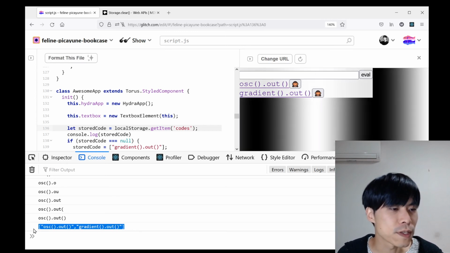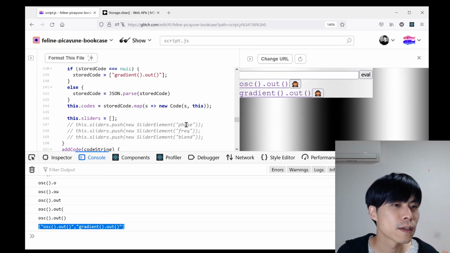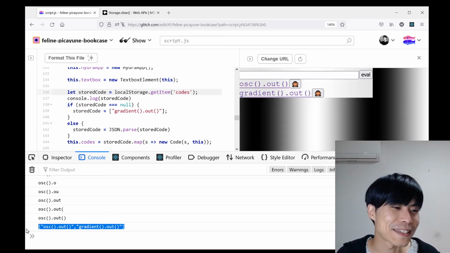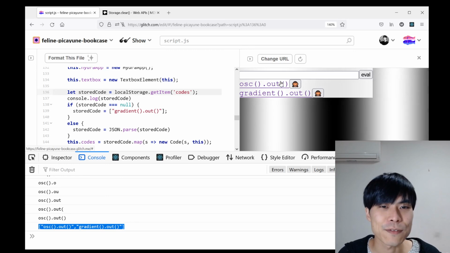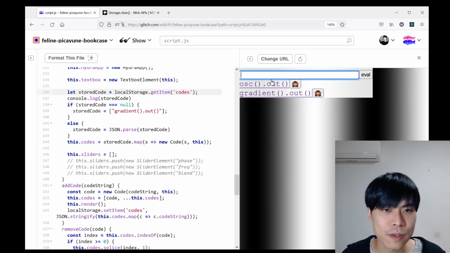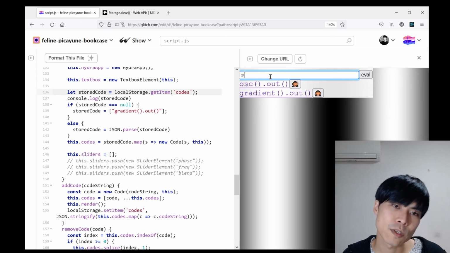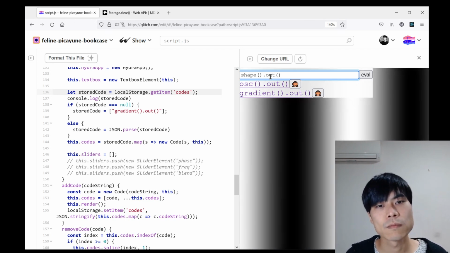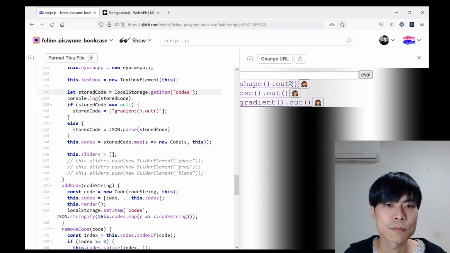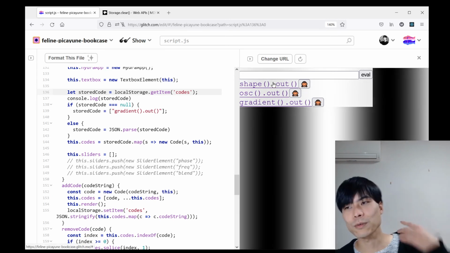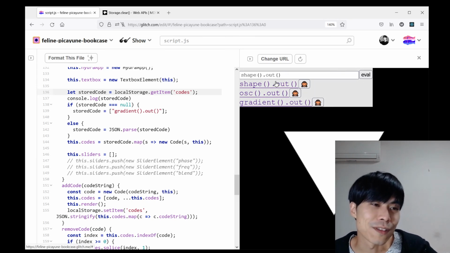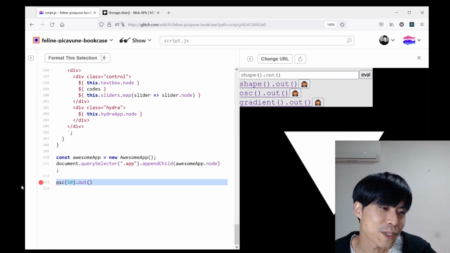So if you put this into JSON parse, you can kind of defreeze what's inside the storage and have something like this. Or let's say shape out, evaluate, reload. It's still there. Again, if something is stored code, it should evaluate this instead of evaluating oscillator here,